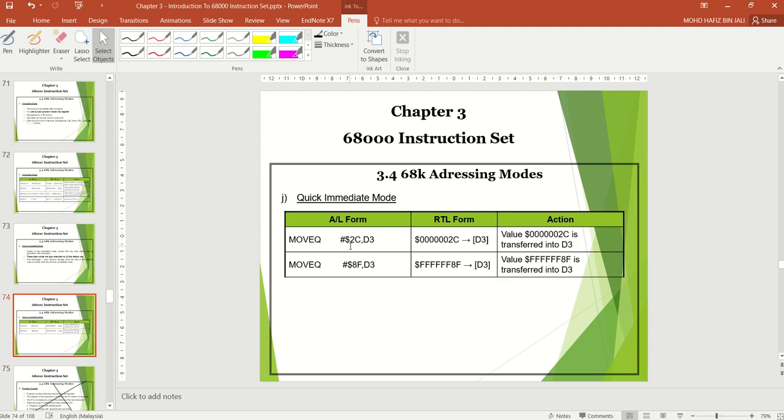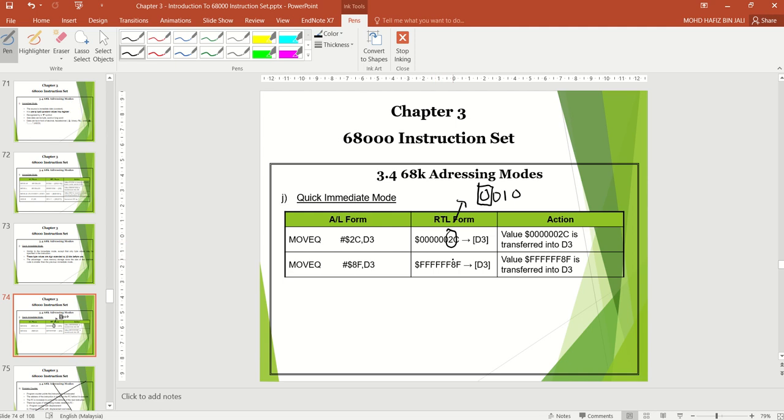Okay, this one. Move Q to D. So this is the value 2C. The rest is 2C. This one you need to use sign extension. Okay, 2 in binary is 0010. So the MSB is 0. That's why the upper bits are 0, 0000, filling up the capacity of 8 hex digits, 32-bit binary.